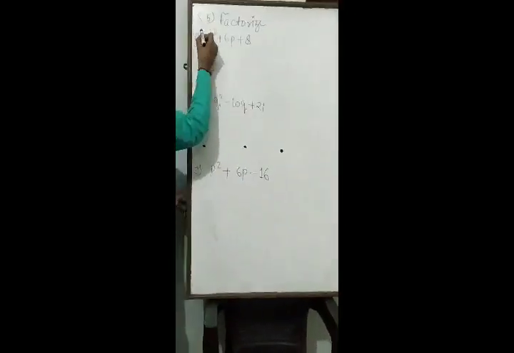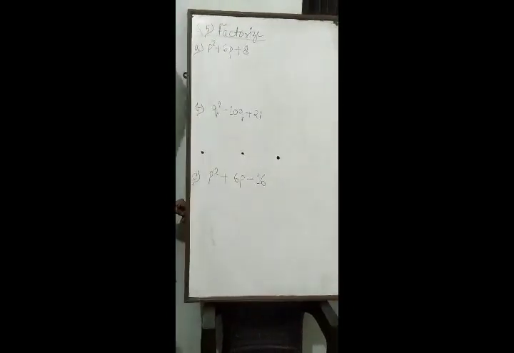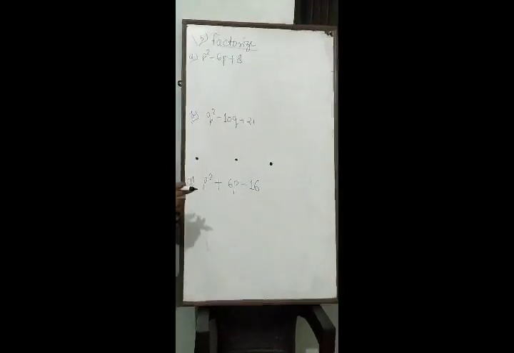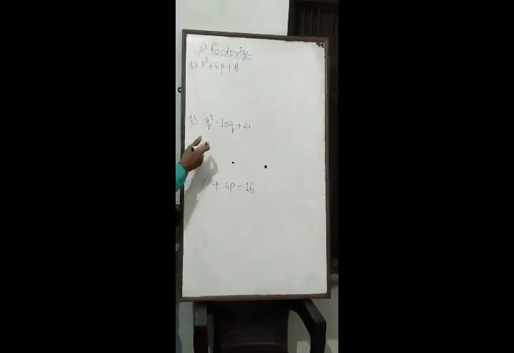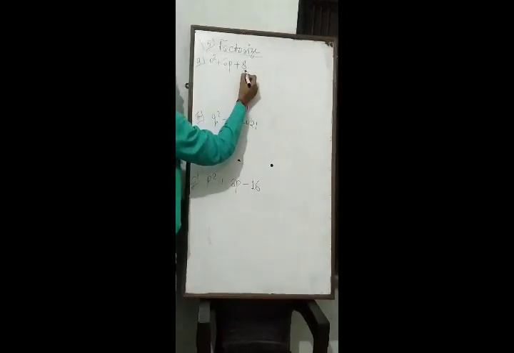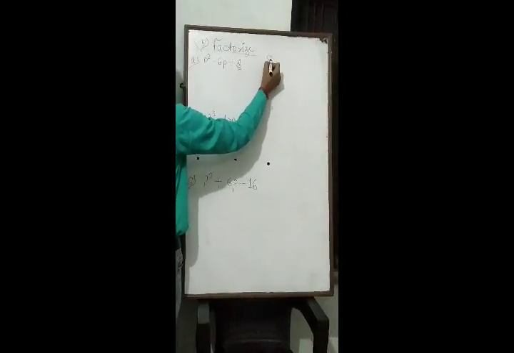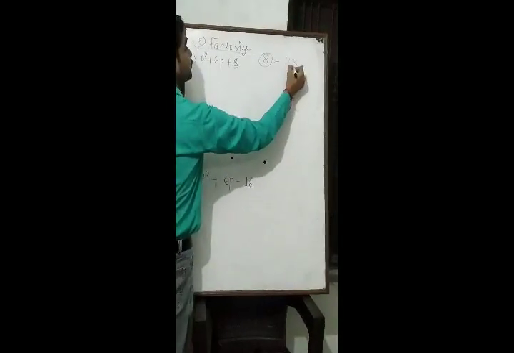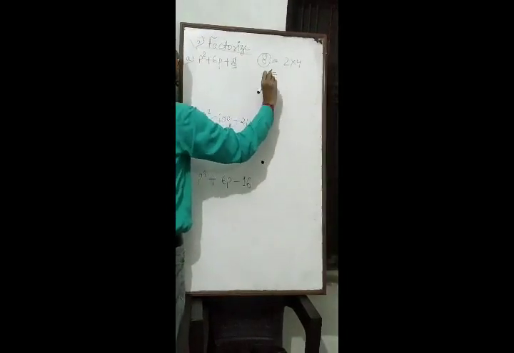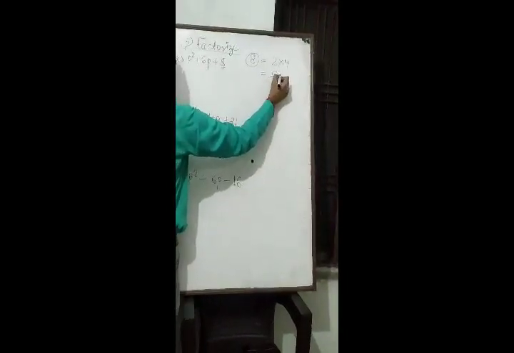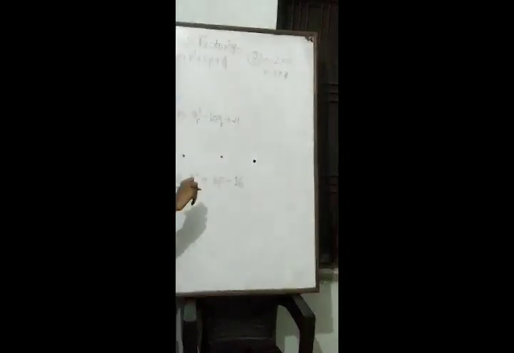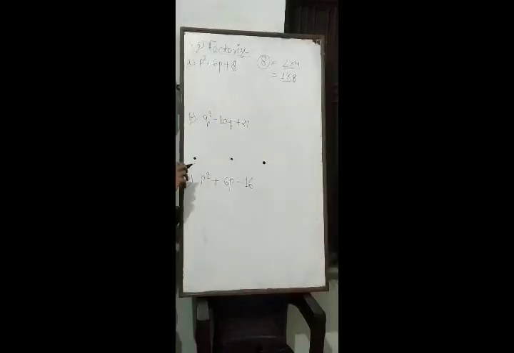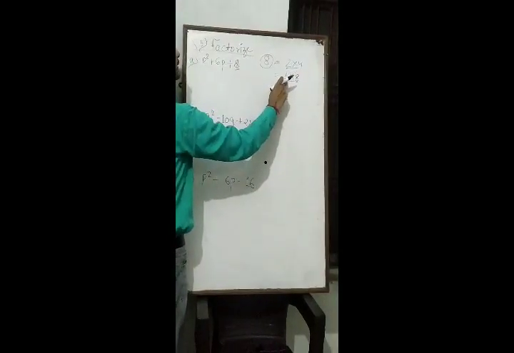Now students, let's see the question number 5. This is the last question of this exercise. In this question, the first value is p square plus 6p plus 8. Students, you have to do the factorization also in this question. But how? Let's see. Firstly, we will pick the last digit. Last digit is 8 here. 8 will become in which table? 2 4s are 8, that means 2's table. 4 2s are 8 and 1's table. 8 1s are 8. These are the factors, 2 into 4 and 1 into 8. So 8 will come in 2's table, 4 table, 1 table and 8 table.